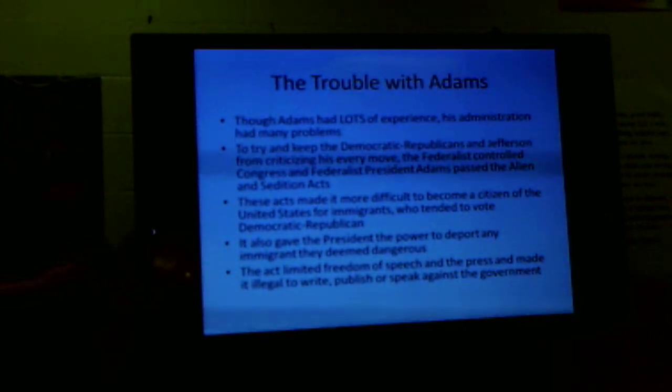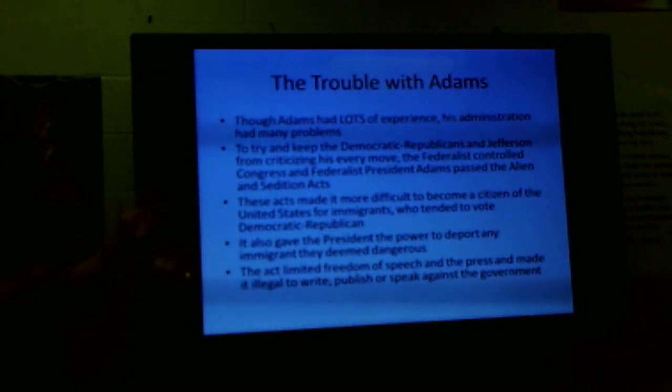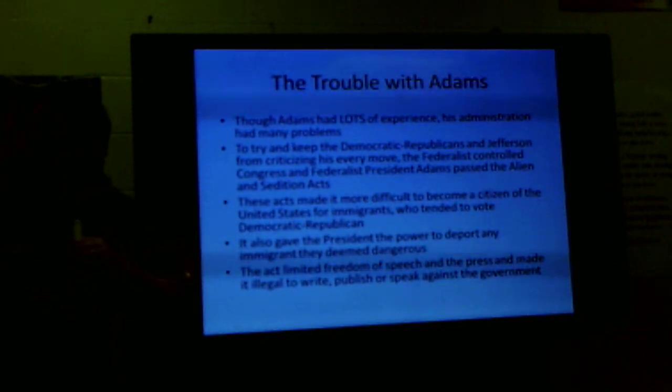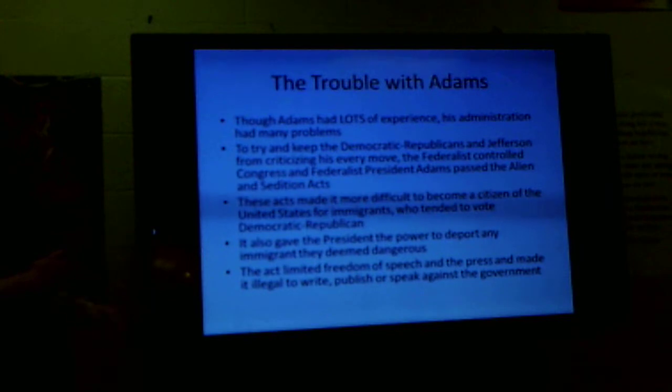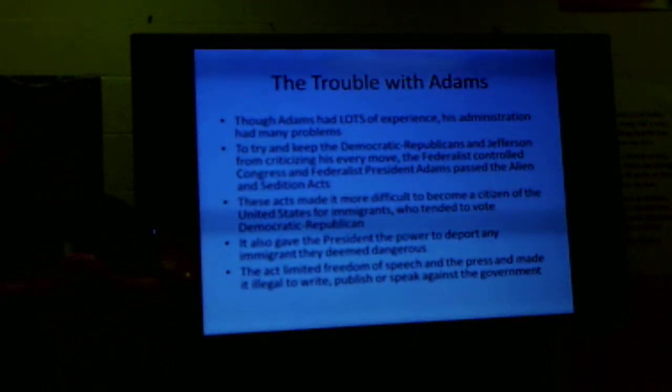Why? Because new citizens that were immigrants tended to vote for the other party. He didn't want them to have those votes, so that was part of the Alien and Sedition Acts. It also gave the president the power to deport, or kick out of the country, any immigrant that they deemed dangerous. So if he didn't like you, he could just simply kick you out of the country,